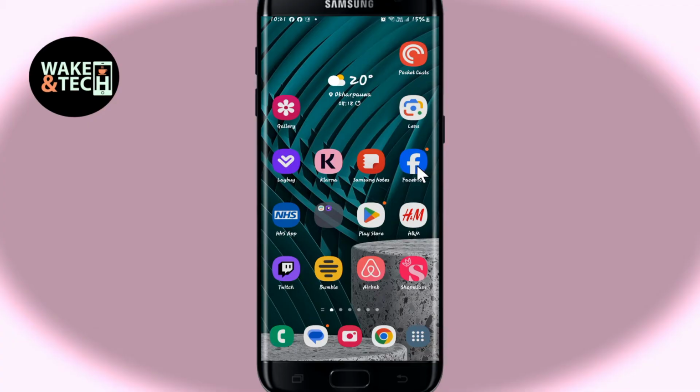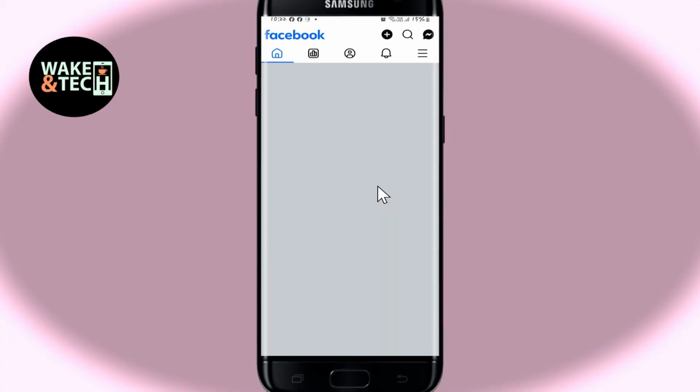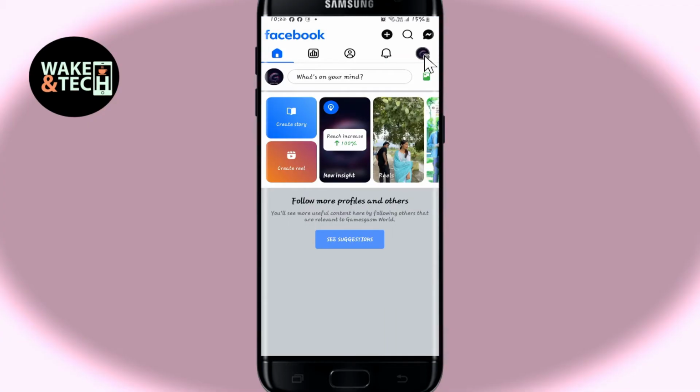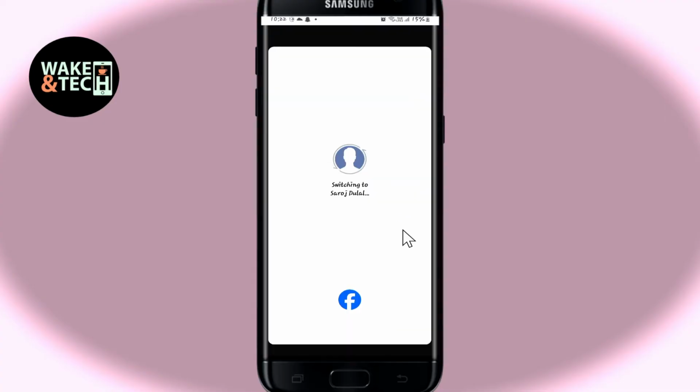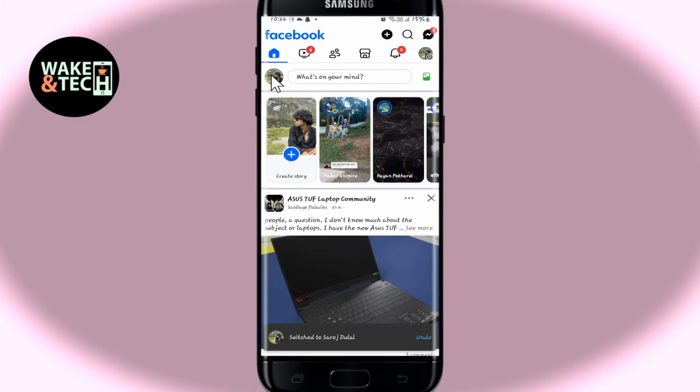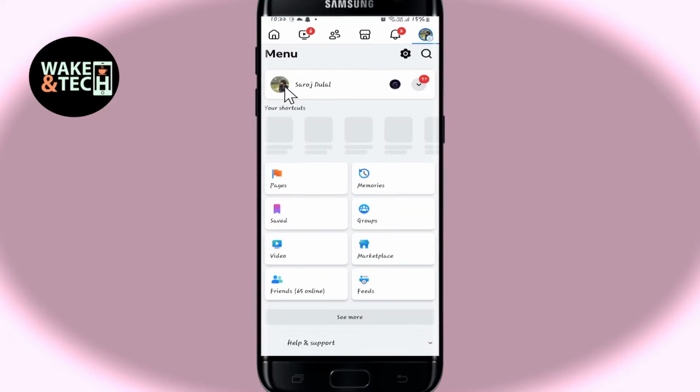First of all, open up the Facebook application on your device. And if you haven't logged into your account already, proceed forward with your email address and your password. Once you are logged in and taken into the homepage, if you wish to change your avatar, just tap on your profile image at the top left section, or you can tap on the menu icon and then tap on